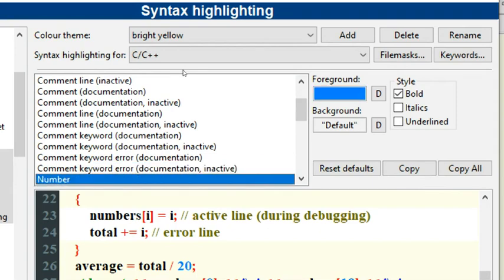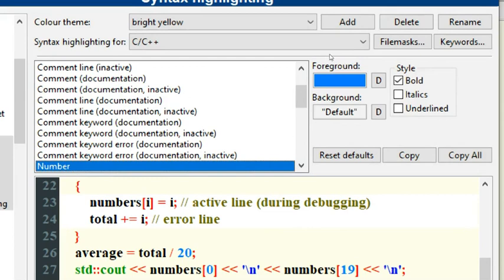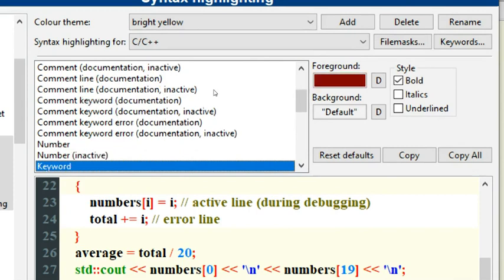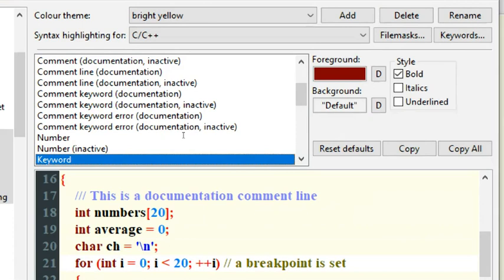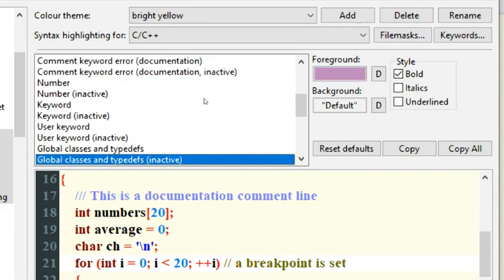Then you have numbers. Here you can see 20 is a number, so it is getting the color light blue. Then you have inactive numbers, then keywords. If you check here, int is a keyword, so I am keeping it with a different color. Then you have user keyword, global classes.